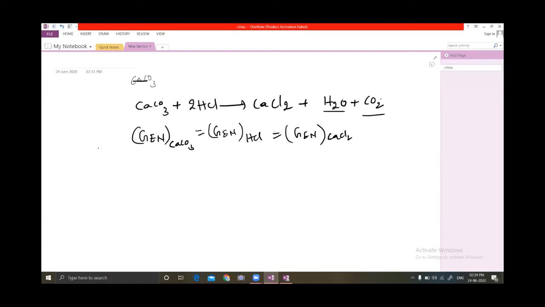Don't take atomic structures. Second chapter means, first chapter I completed. Second chapter is redox reactions we are doing. That may be the fourth or fifth chapter in your textbook. These two chapters we have to study together. Don't think the second chapter is atomic structure. So my order is different. If you understood these two chapters perfectly, then we can do it, sir. We are doing JEE level, not board. Please keep in mind.